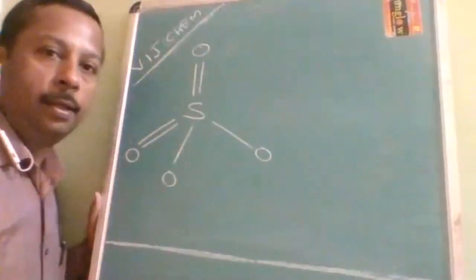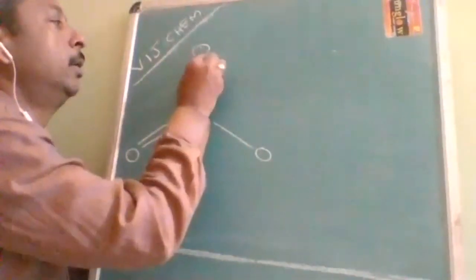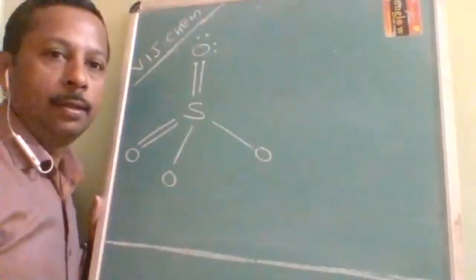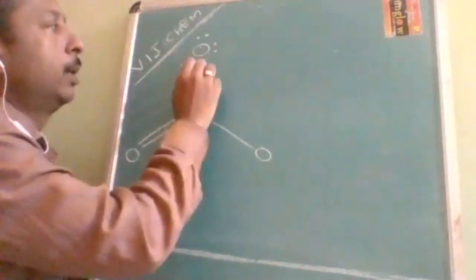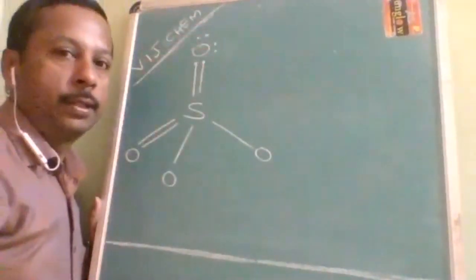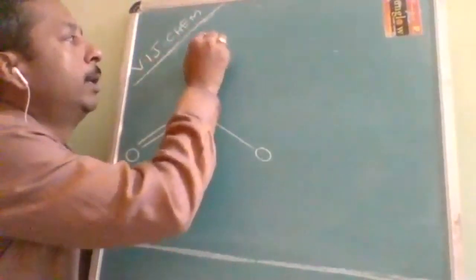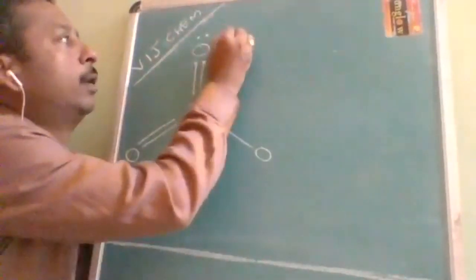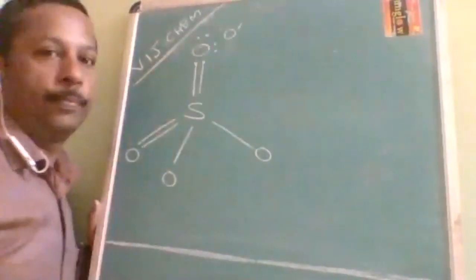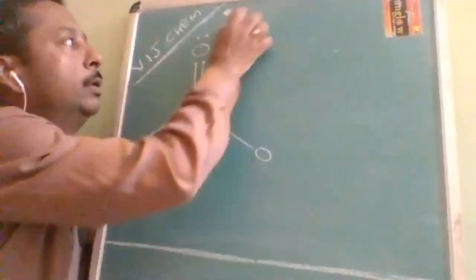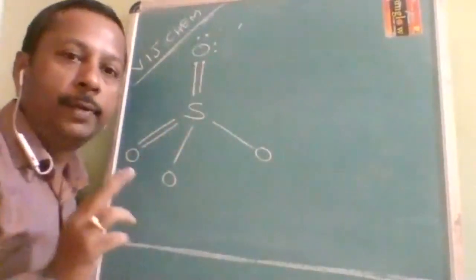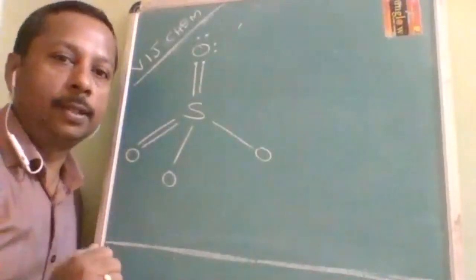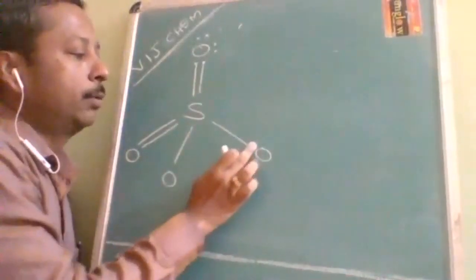How many bond pairs? Two bond pairs. So total electrons must be how much? Two lone pairs. Okay, total electrons on oxygen must be 6. That's why there will be two bond pairs and two lone pairs. That means the formal charge, as I already told you, is 0. In oxygen, if it contains two bond pairs and two lone pairs, then the formal charge will be how much? 0. Okay, so let us come back to this oxygen.